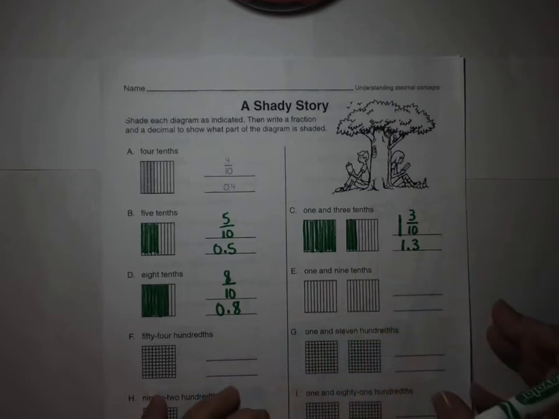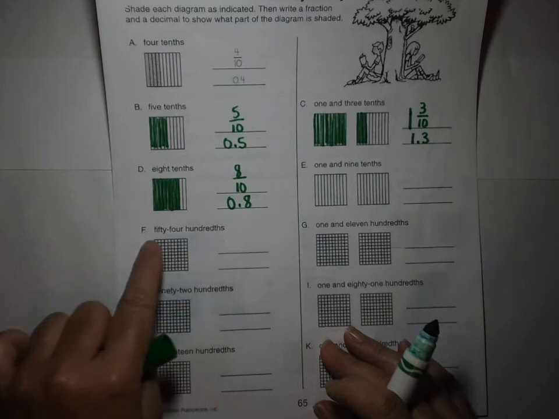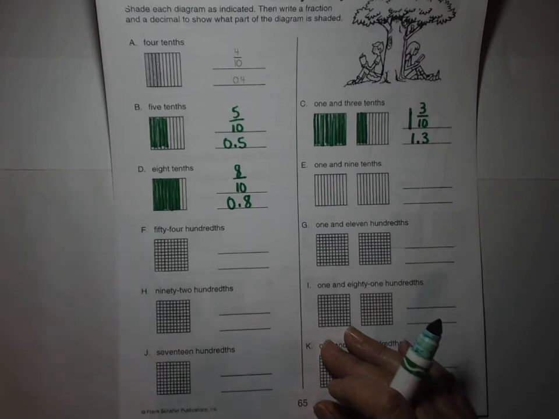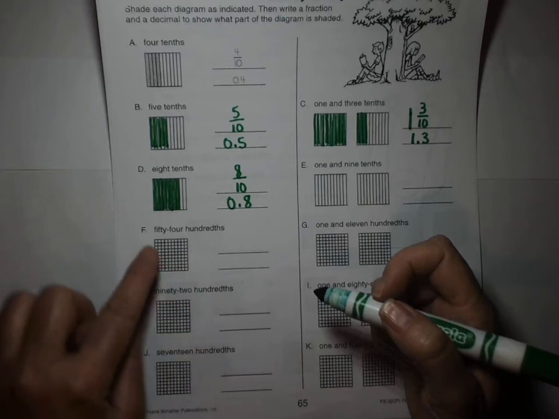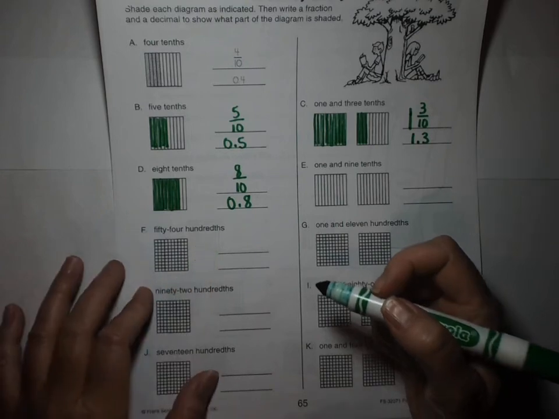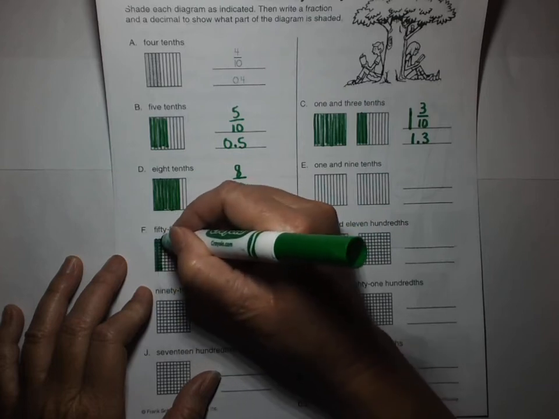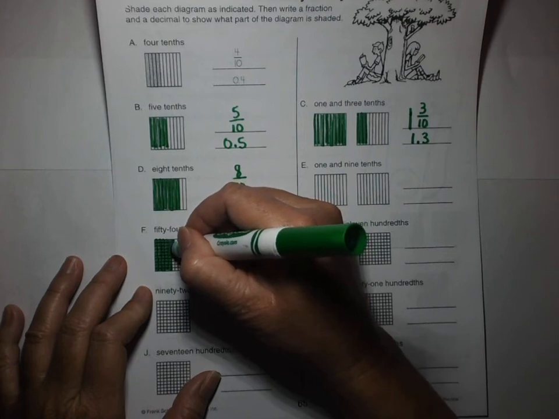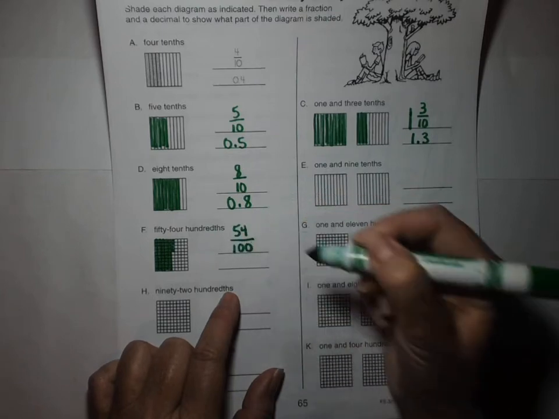So let's go down to hundredths. So I need 54 hundredths. Here is one whole, and each one of those little squares equals 100th with a th, because like I showed you before, there's 100 squares that makes up one whole. So if I wanted to show on my model 54 hundredths, I need to shade in 54 squares. So I know each row is 10, so 10, 20, 30, 40, 50, and then 4 more. 1, 2, 3, 4. So my fraction would be 54 over 100, and my decimal would be